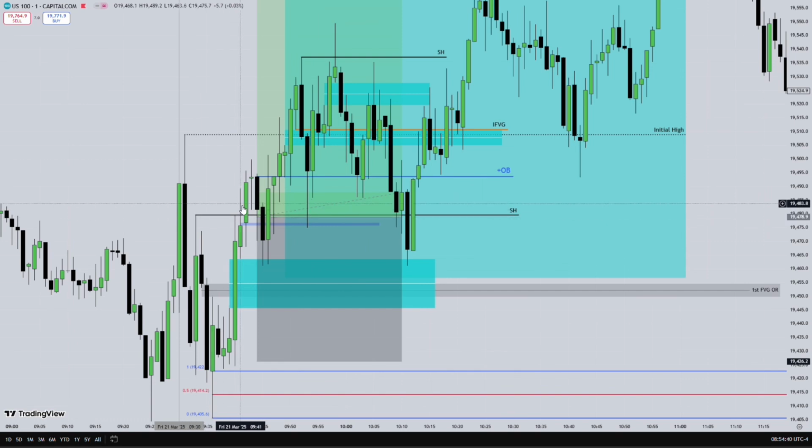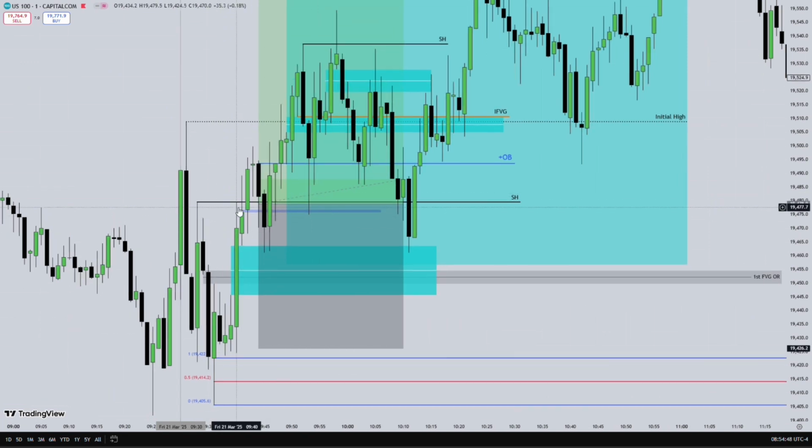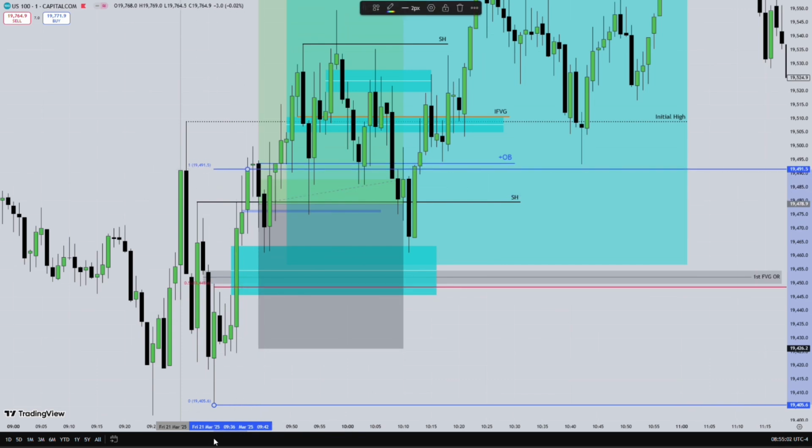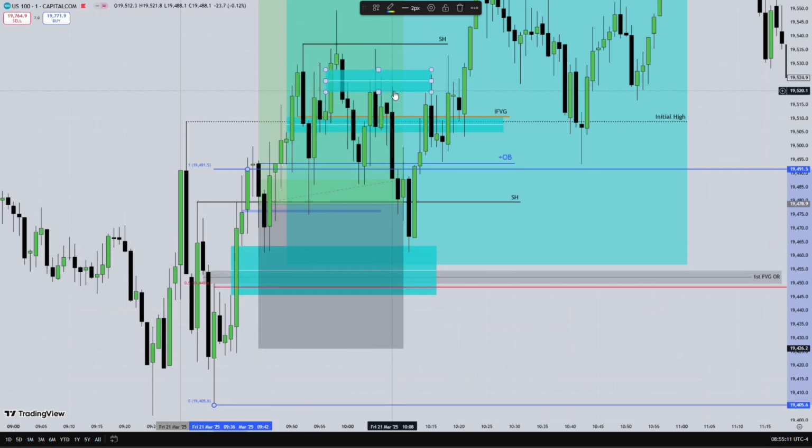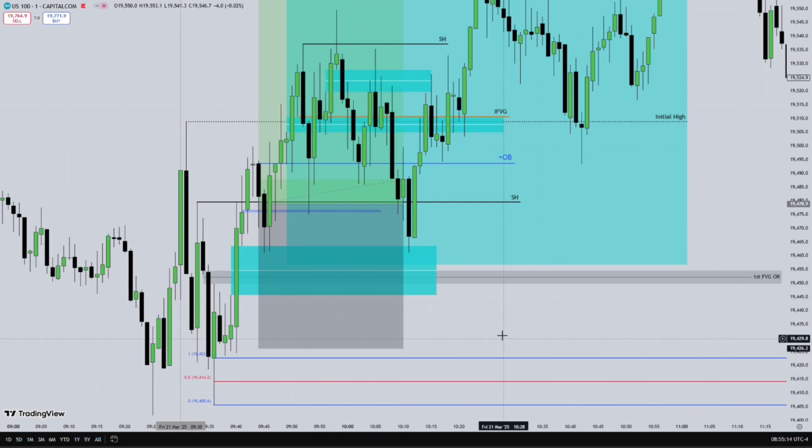So you can see here, there is this wick, price traded above the short-term high, the swing high. This isn't a valid breaker for me. I don't take this as a breaker. This is a trap for me. It couldn't even trade lower. It could be a turtle soup. So this right there at this candle, this is a valid breaker for me, okay? Because I have a fair value gap below the 50% level of this displacement. So with the close of this candle and this fair value gap and trading higher above the swing high, the short-term high, this makes a perfect entry for me. This is my model. So yeah, this is why I did this right.